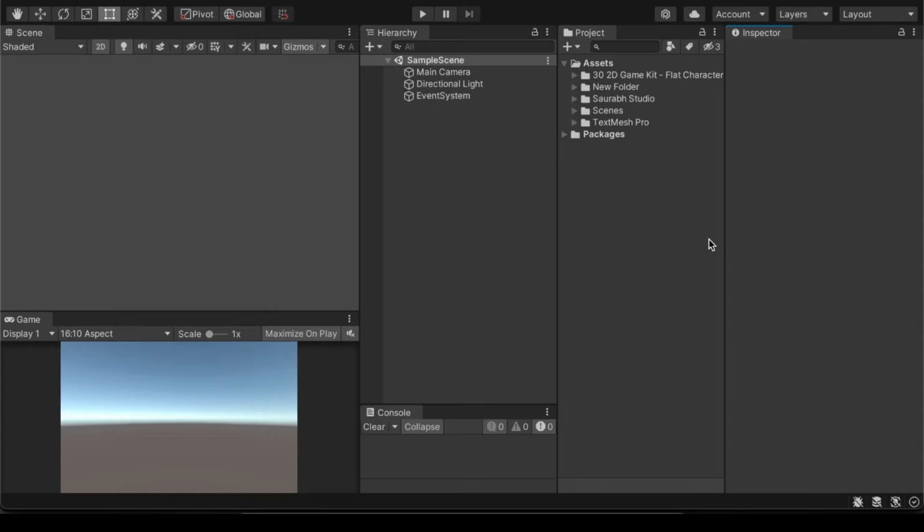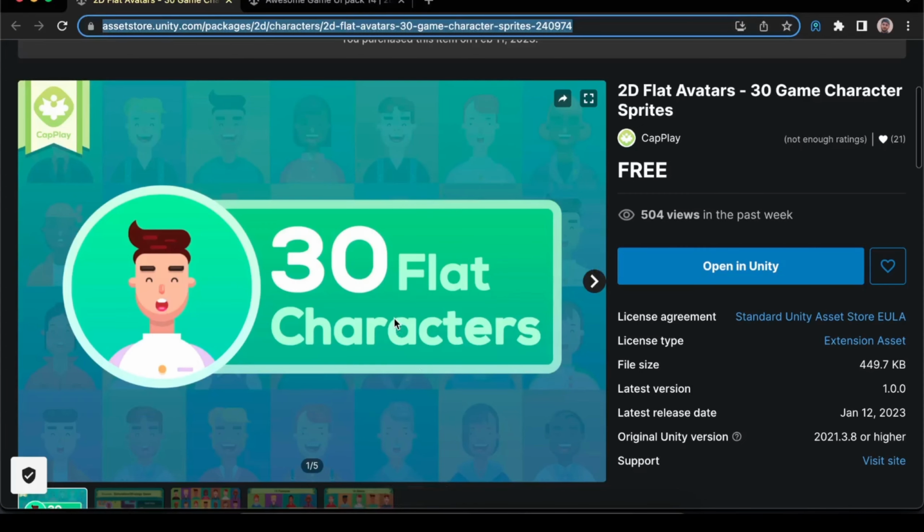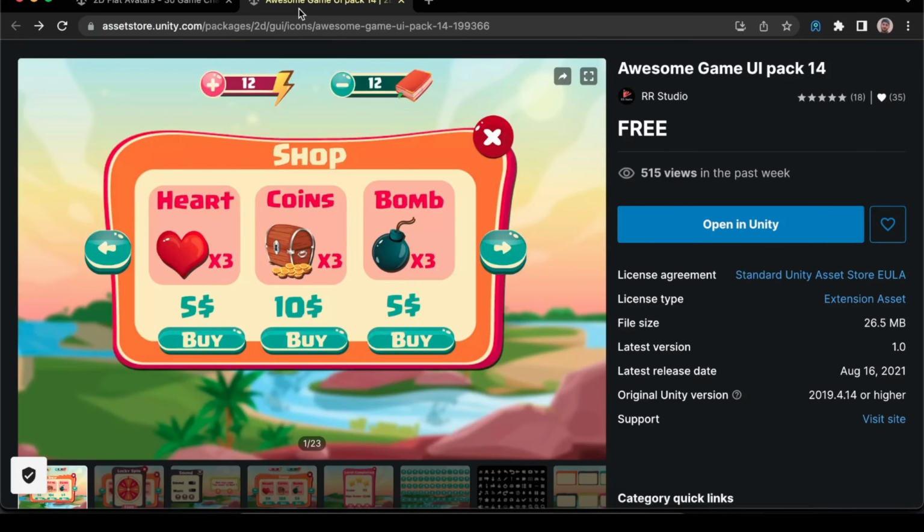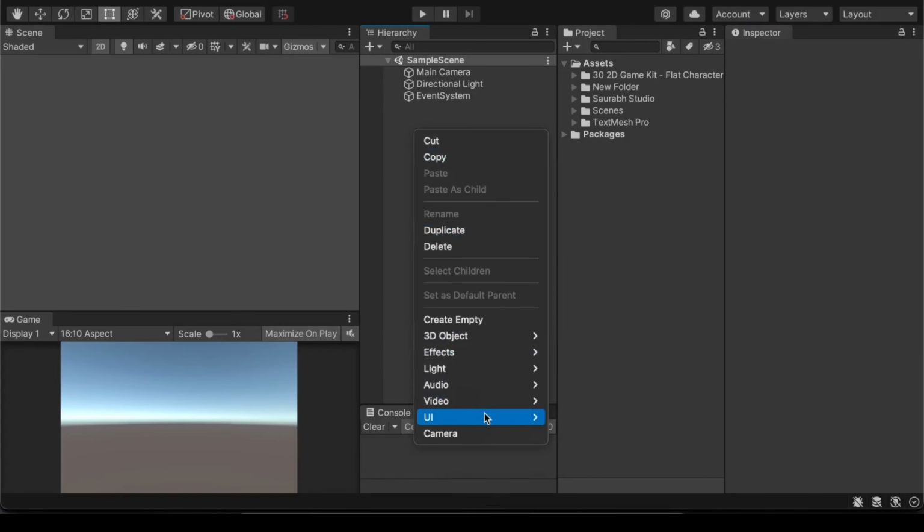In this tutorial I will teach you how to create a scroll Rect. I am using two assets which are completely free. One is an avatar and the second one is a game UI pack. First, create a canvas